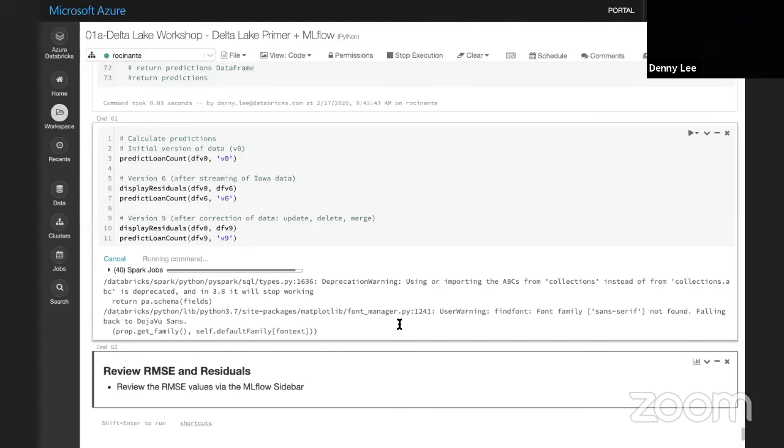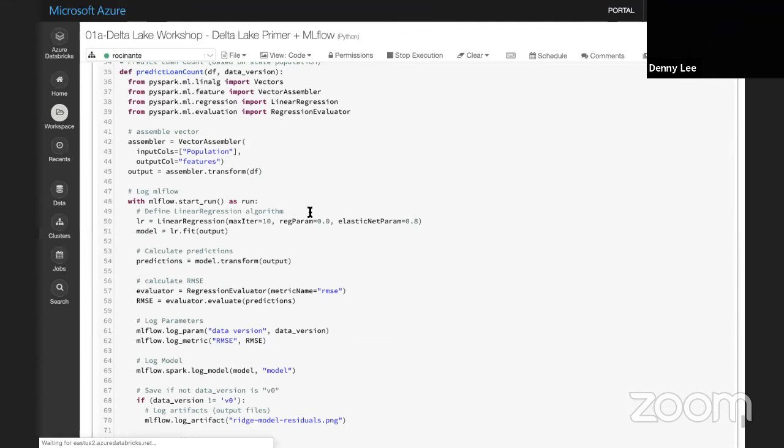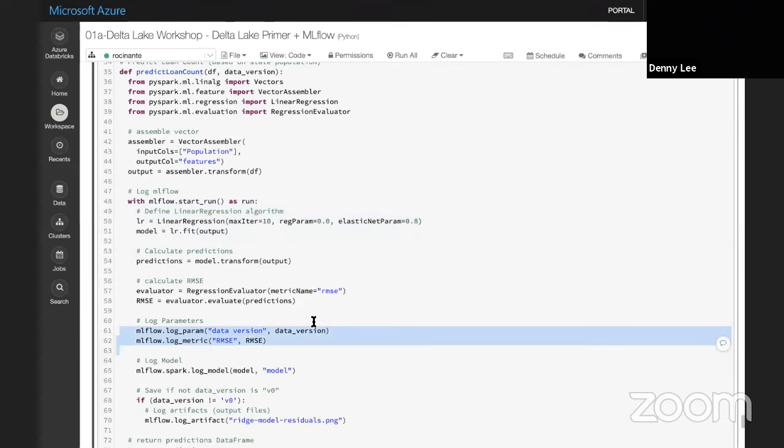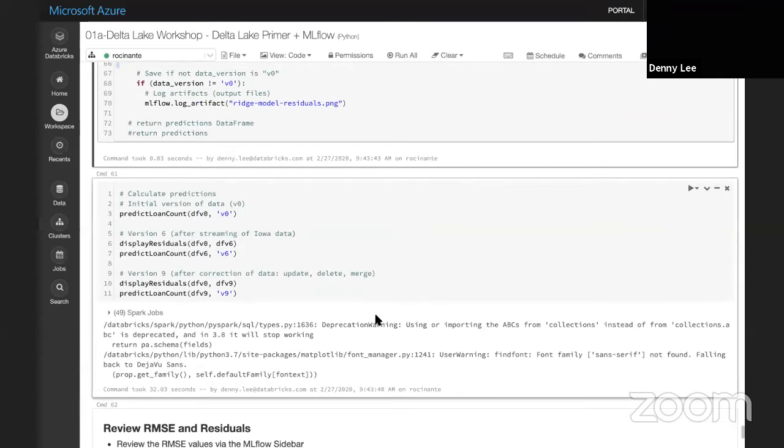So what we're doing here is actually, we're going to do a run, which is basically, like I said, we're going to do a linear regression. And what's sort of cool is that this model, okay, this is your standard, you pull it right from Spark linear regression. That's all this is. So the only thing I really did to make this somewhat interesting is that I added these statements with MLflow start run, and I also included the data version, and I logged the metric, and I logged the model itself. Okay. I also happen to log the Yellowbrick residuals view as well, just because it's sort of nice. Okay. So that's it. That's all I've really done.